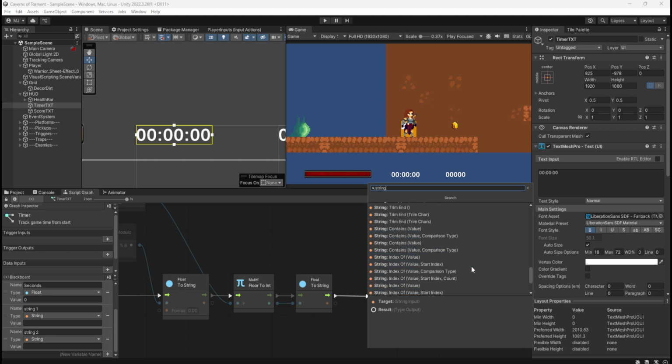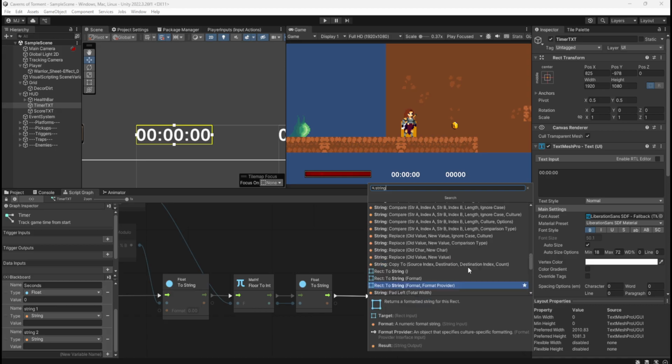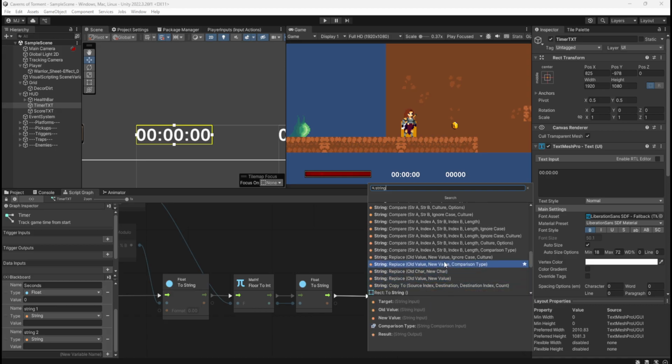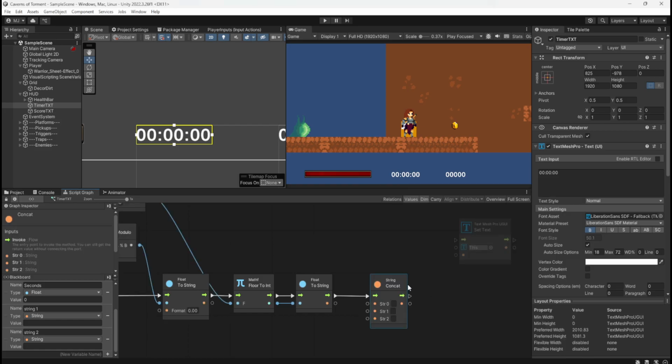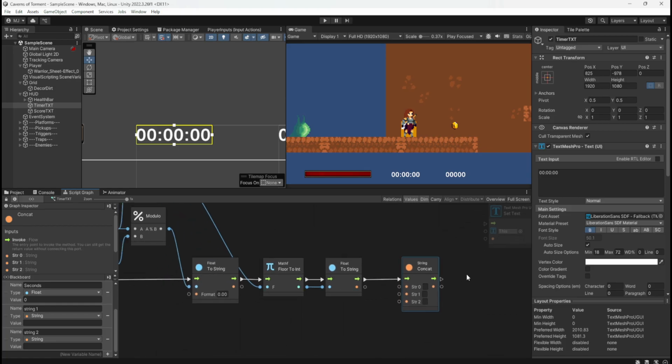So I'm looking for string add. Three. Okay, got ya. So that's gonna blend three strings together. That is essentially the format of how that will be presented, right?